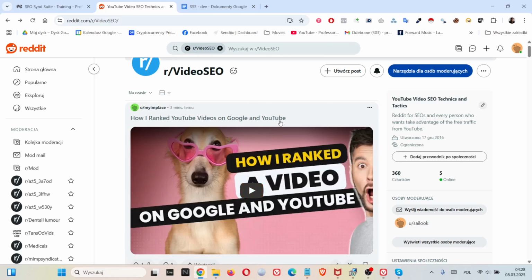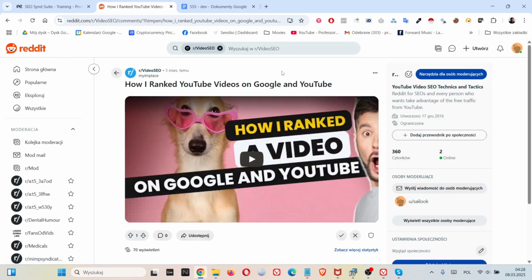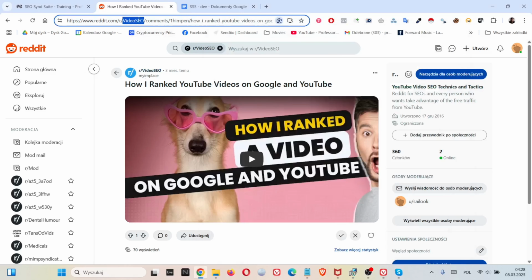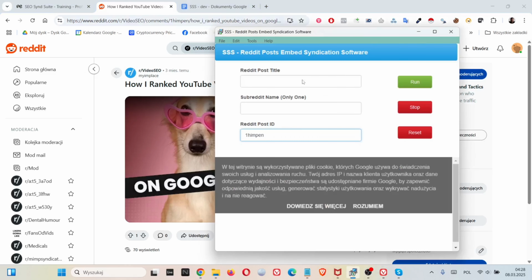Anyway, how to use it? We click on the post we want to take care of, and in the URL you see reddit.com, subreddit, comments, something, and your title, and the something is what you want to copy, and you want to paste in the Reddit post ID. Subreddit is here, so we can copy it and we just paste it,